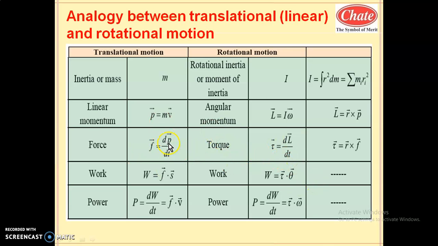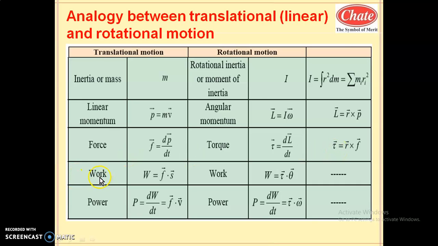In place of linear momentum, here the term is angular momentum, hence the analogous equation is represented by the rate of change of angular momentum. So tau is the rate of change of angular momentum, and the relation between force and torque is given by tau equal to vector r cross vector f. So these are similar equations. One is for the torque and another one is for the angular momentum. So tau equal to vector r cross vector f. It is again the formula of a vector product, and the direction is given by the right hand rule.